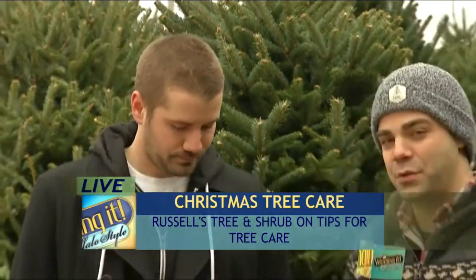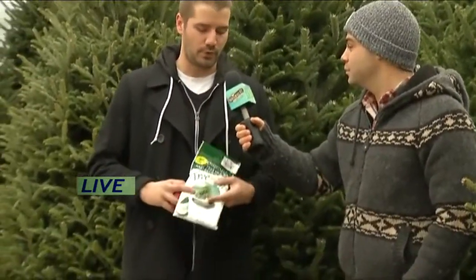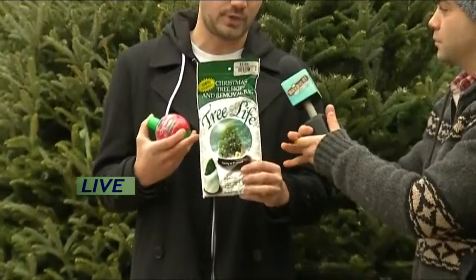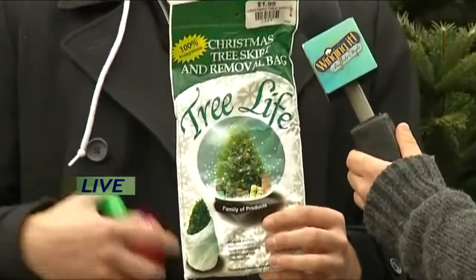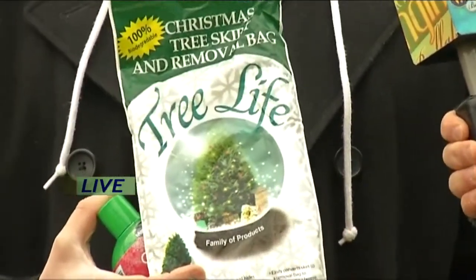And you have one more product you want to show us that's going to help if the needles are dropping, to make cleanup not a big issue. Yeah, that's a big issue with a lot of customers. When you bring it in, there's a tree skirt that you can buy. It's a removable bag pretty much that you're going to put on the tree when you're bringing it into the house. And then after that, it works as a